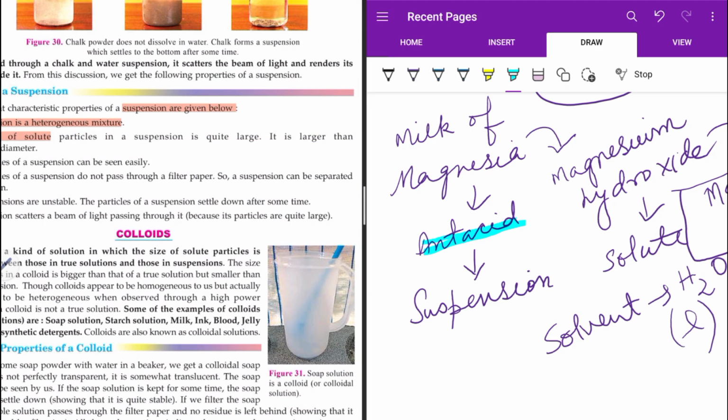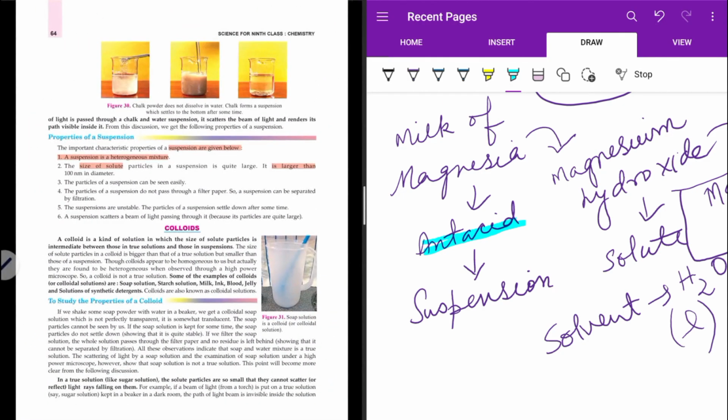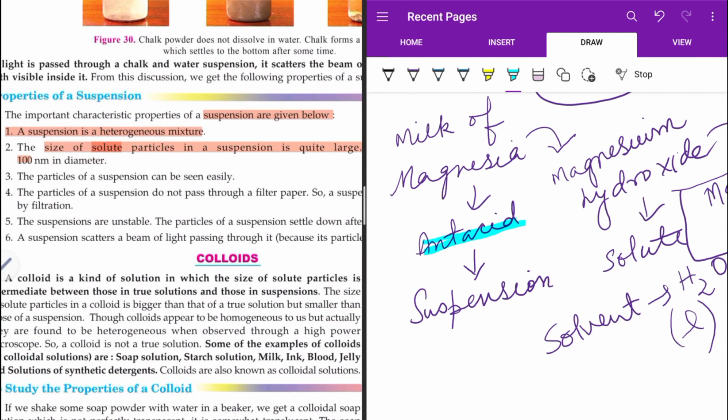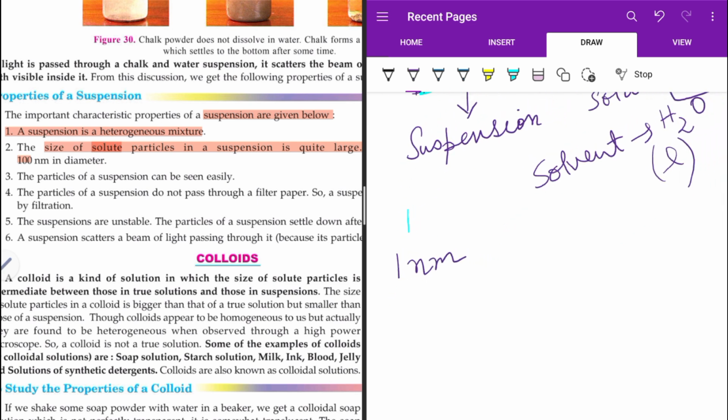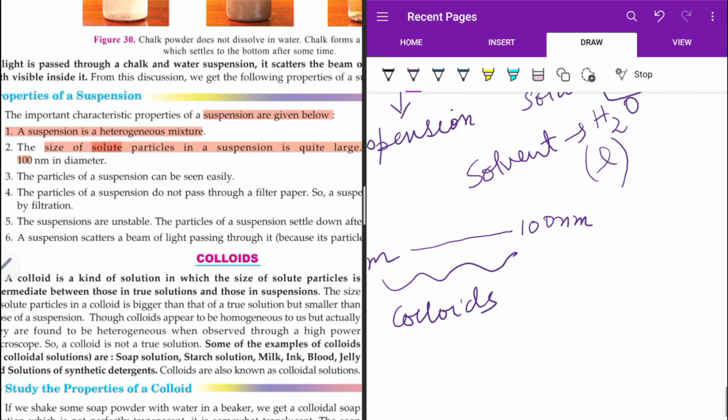It is larger than 100 nanometer in diameter. So if it is 1 nanometer or maybe less than that, that is a true solution. From 1 to 100 nanometer, this is a colloidal solution, colloids, and greater than 100 nanometer,